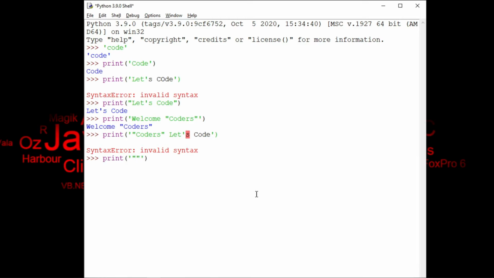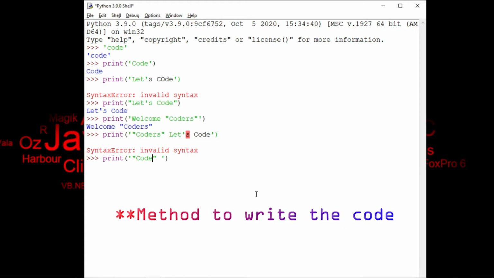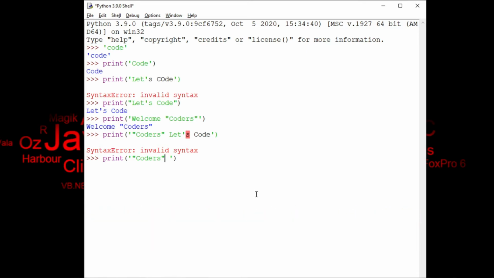For that, there is a special method which we call the escape character. Okay, so let's try this with escape characters. Let's write the same code. And for the escape character what you require is a backward slash. When you put this backward slash, we are asking our Python interpreter not to consider this quote as the ending quote for the string literal. So see, now it is working. We have double quotes as well as single quotes in our output.